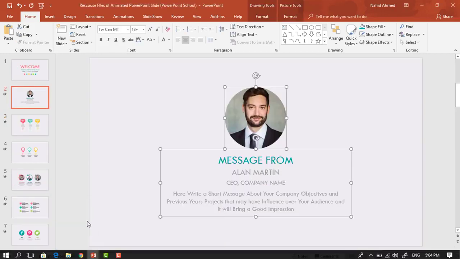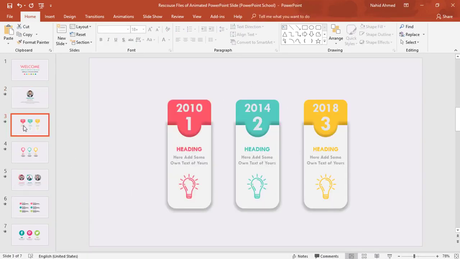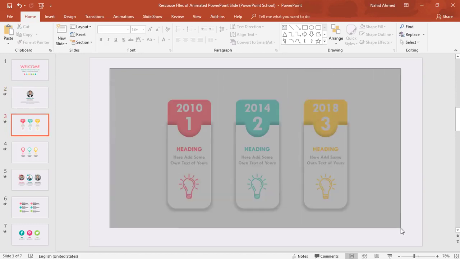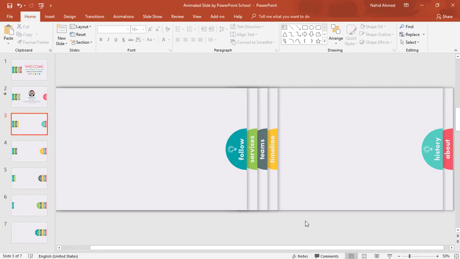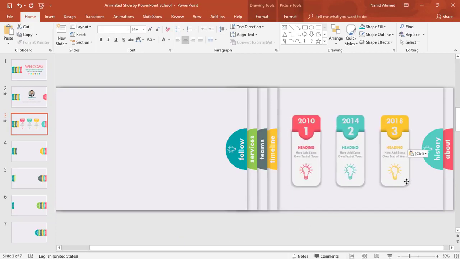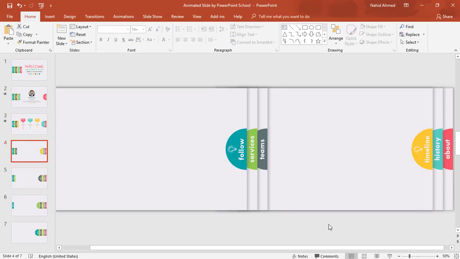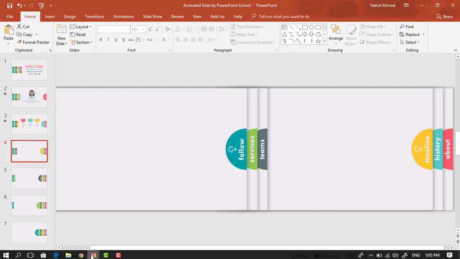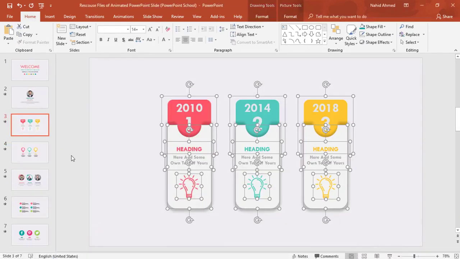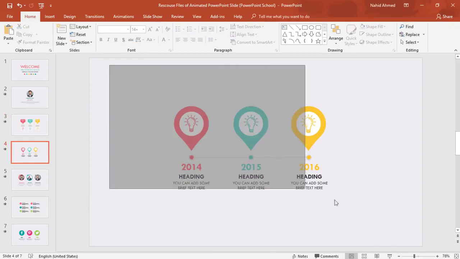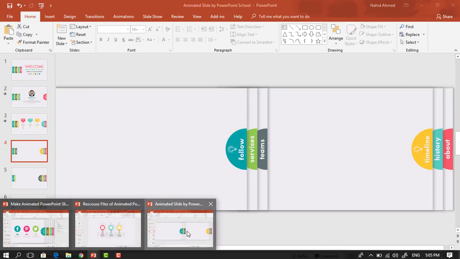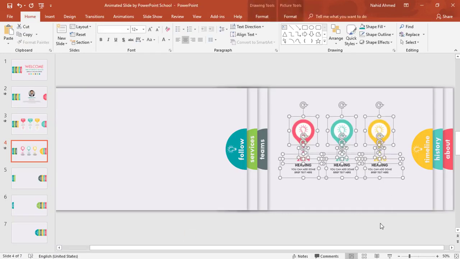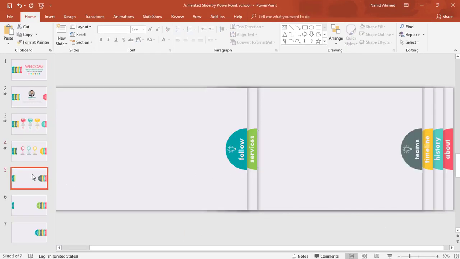Go forward to our next slide to add the content. From here, we need to select all of these, press Ctrl C to copy, come back to your original slide, press Ctrl V to paste and place these in the middle. Do the same again, go forward to our next slide to add the content. We just need to select all of these from here, press Ctrl C to copy, come back to our original slide, press Ctrl V to paste, make sure these are in the middle, go forward to the next slide,